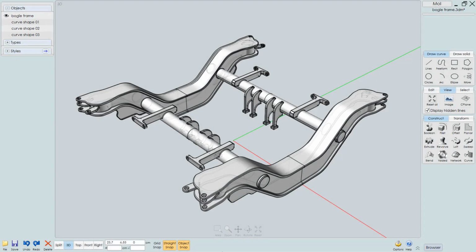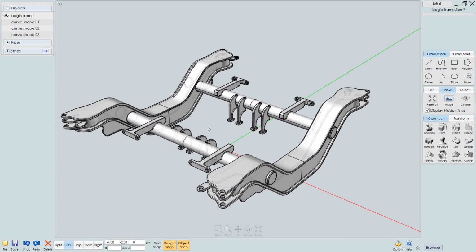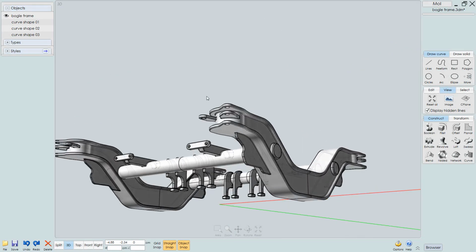Hi everyone, today we're going to model a Bogie frame in Moment of Inspiration, and here you can see the finished model. This is what we're going to end up with,